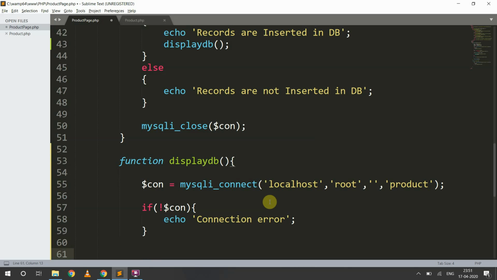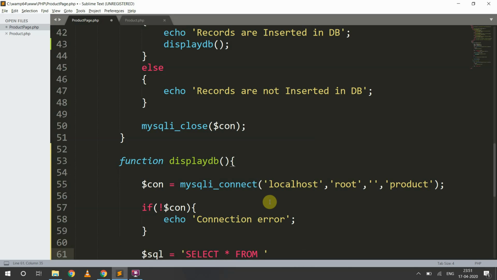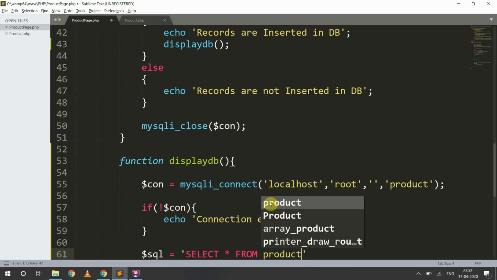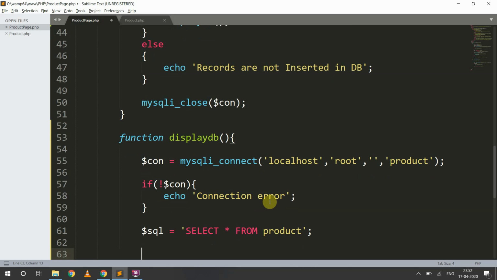This is quite a simple error message if it is not connected. Now the first most important thing, we require an SQL query. So I'll take a string that is select star from the table, the table name is product. If you remember SQL queries, the select query is used to retrieve information from the table. So here I have written a very simple query. You can use the where clause, you can add as many database concepts as you need to make it more appropriate as per the requirement. Right now I'll retrieve all the information, so I'll just write select star from table.